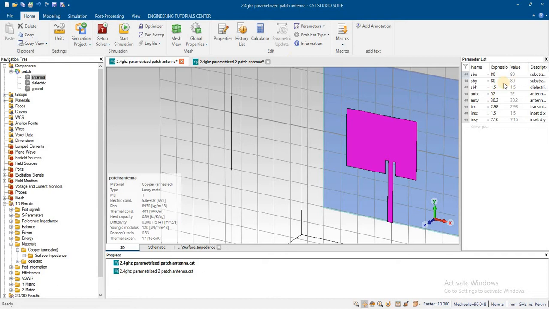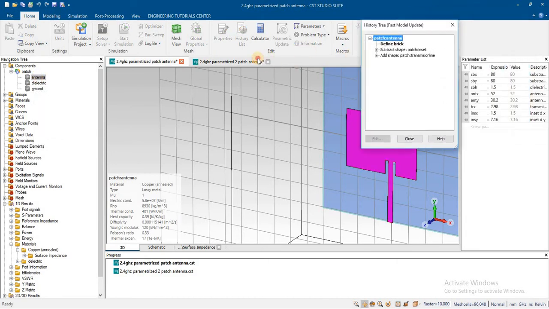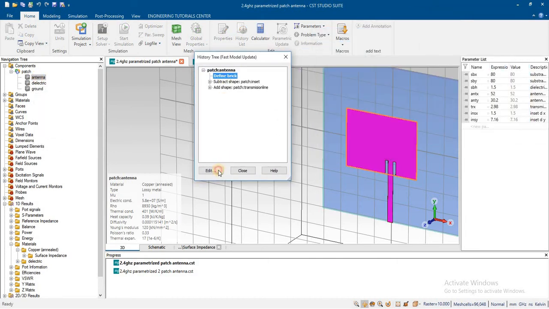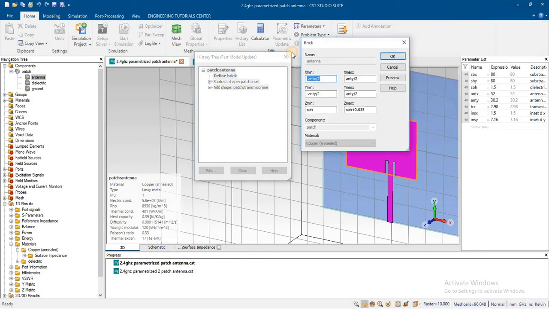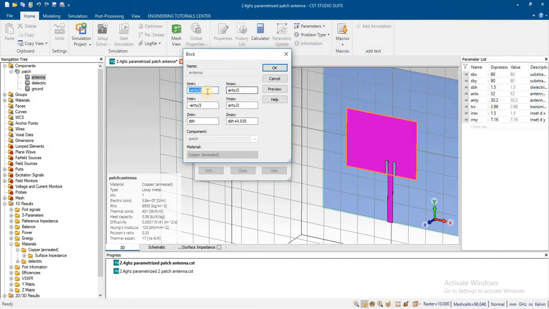First of all, we must have variables defined for the antenna, substrate, and ground. Most importantly, the part to which you are going to add the sweep, for example the antenna, should be defined with a variable.